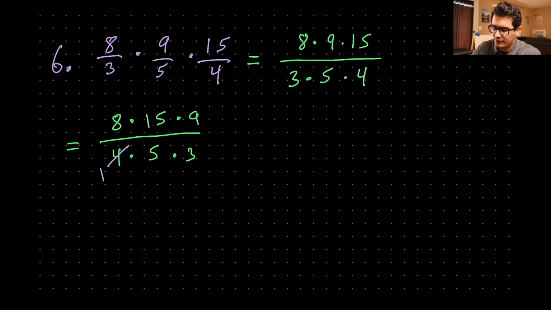So for every 4, there's 2 and 8, right? And then this 5 divides into 15, gives you a 3. And 3 divides into 9 and gives you a 3. And then we're still multiplying. So don't forget that we're multiplying. And so we get,